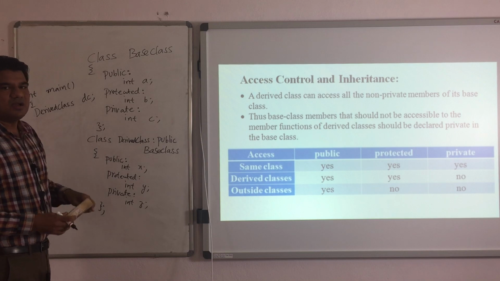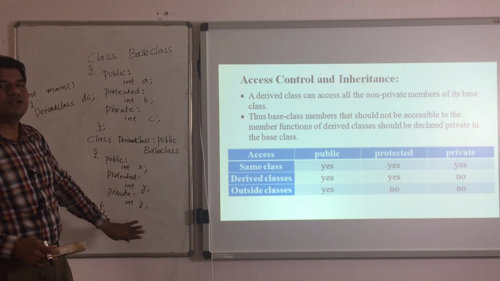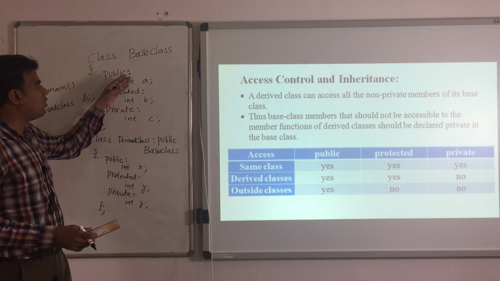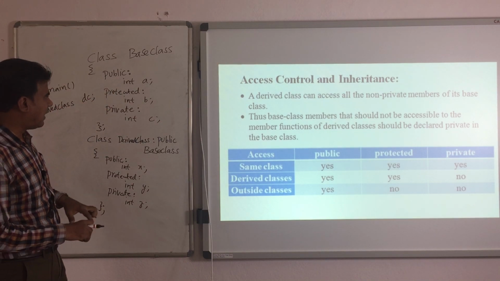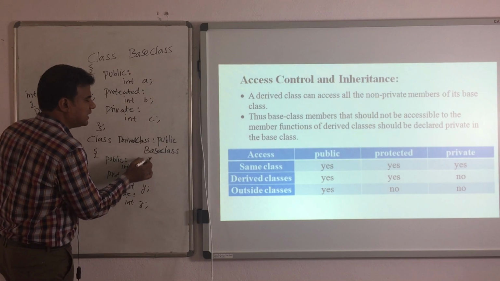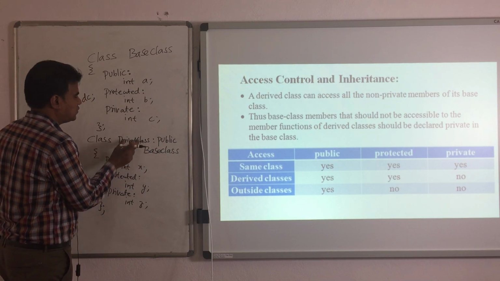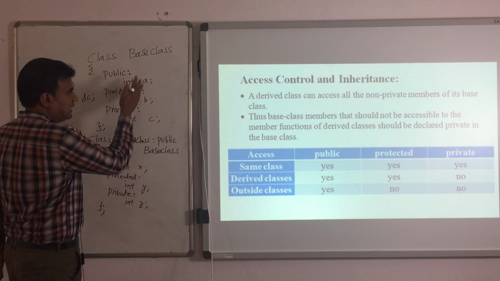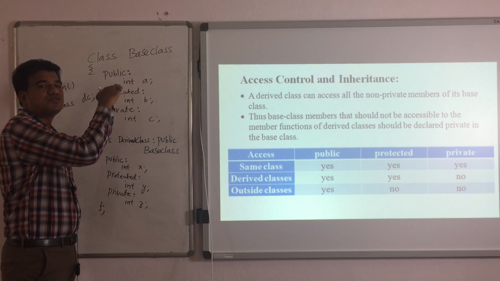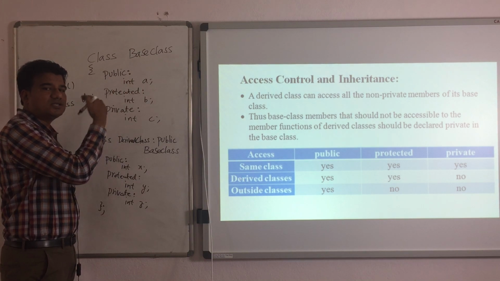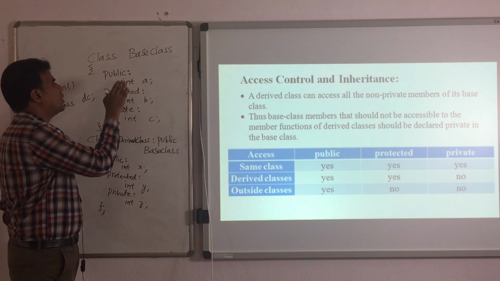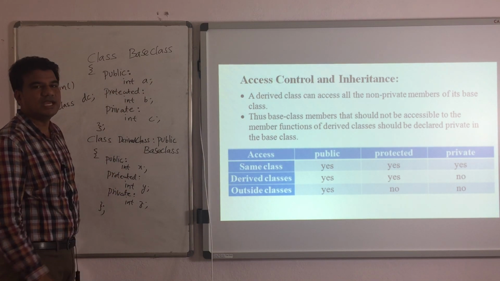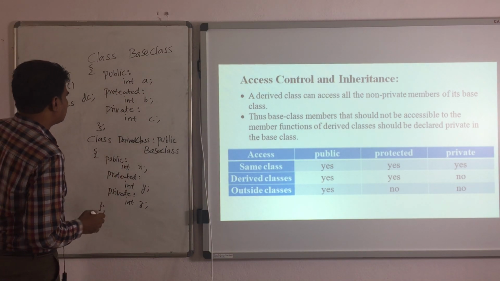First, let us consider the derived class data members only. Then we'll go for the base class. You have to understand this connection between the base class and derived class. Your derived class is derived from the base class, so it will inherit some of the properties from the base class. Some of the properties in the sense, only the public and protected properties it will inherit into the derived class. Now I will explain that.